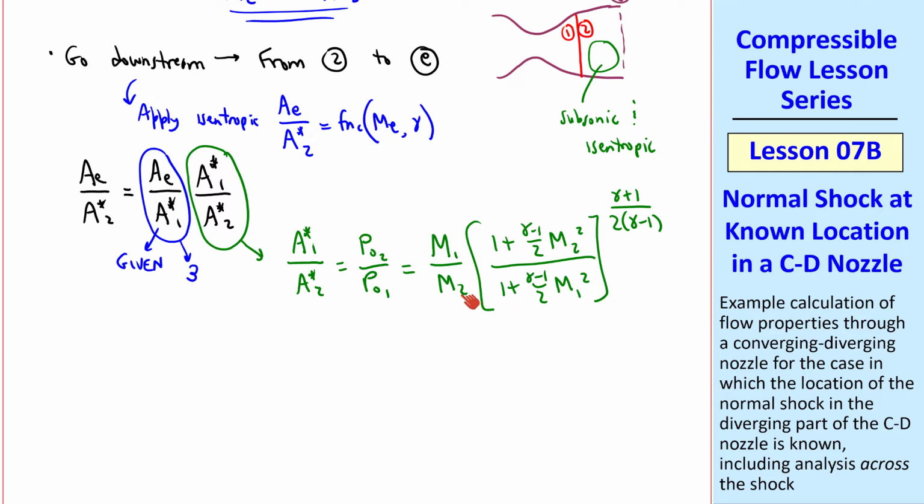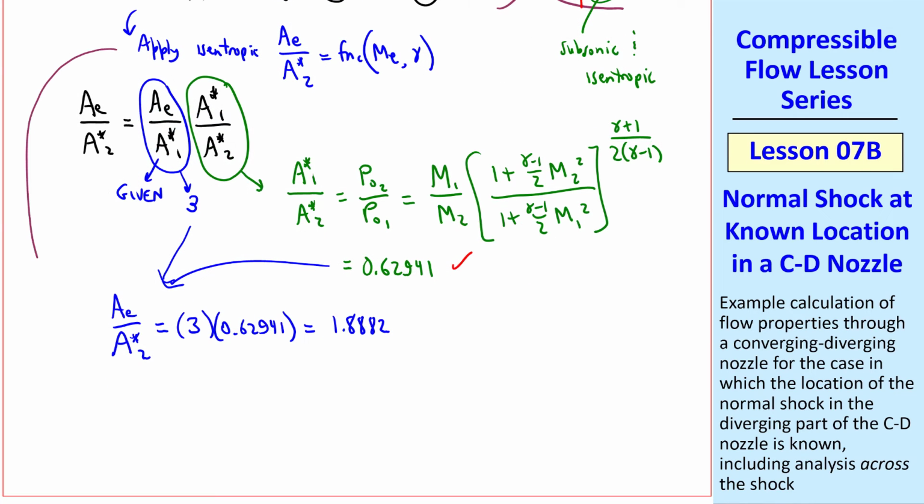We know M1, M2, and gamma, so we can plug in this equation and get 0.62941, which, by the way, we calculated previously because we calculated P naught 2 over P naught 1. So this agrees with what we already know. Combining this and this value, AE over A star 2 becomes